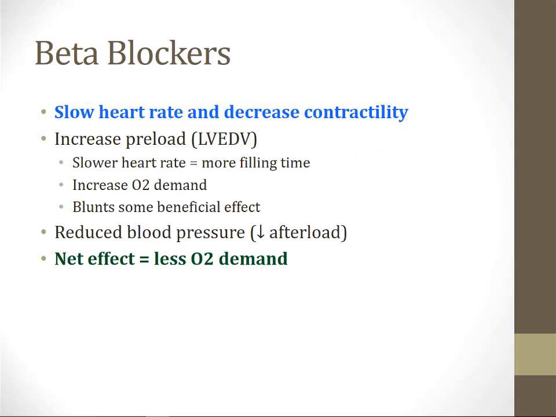Besides nitrates, the other major class of drugs used to treat stable angina are the beta blockers. These drugs slow heart rate and decrease contractility, and that is all going to lower the myocardial oxygen demand. Now, one thing you have to be aware of is beta blockers also increase the preload, the left ventricular end diastolic volume. The reason this happens is because when you slow the heart rate, there's more time for filling of the left ventricle, and therefore the preload goes up slightly, and this will increase oxygen demand,